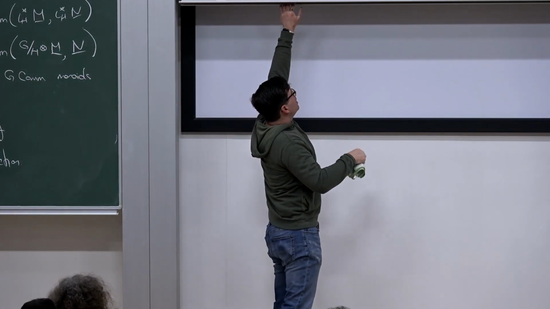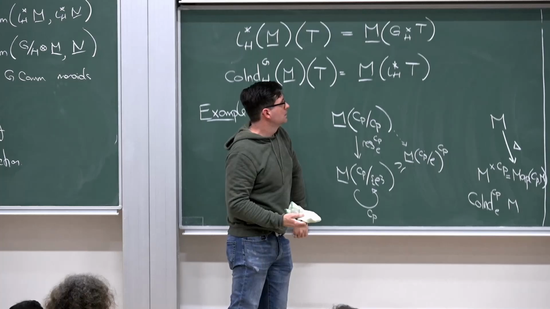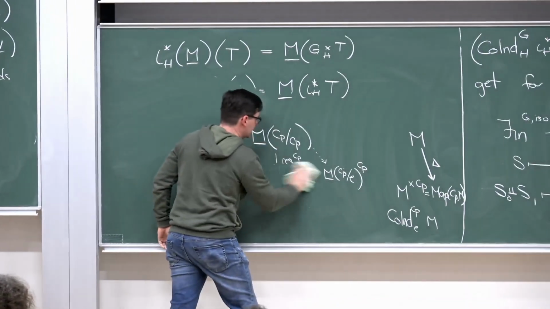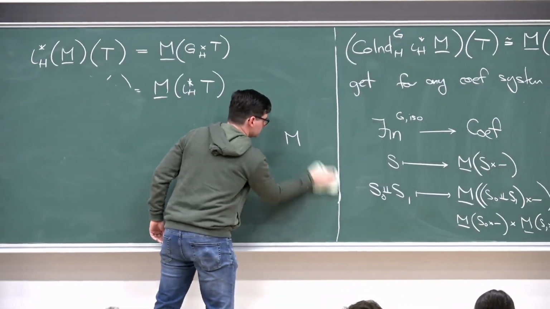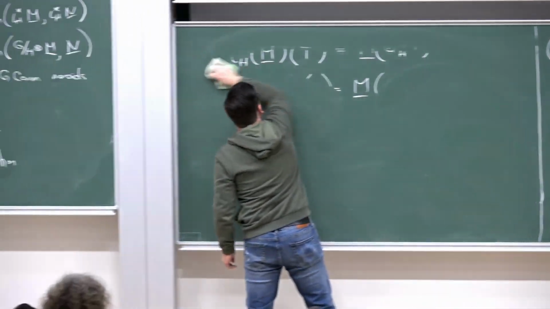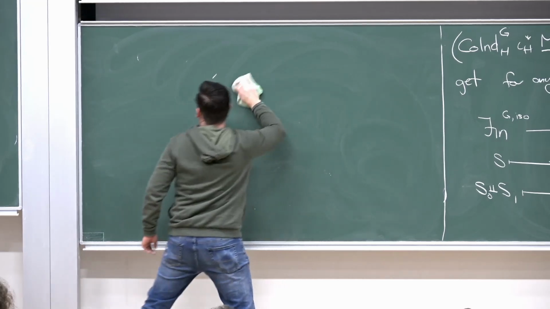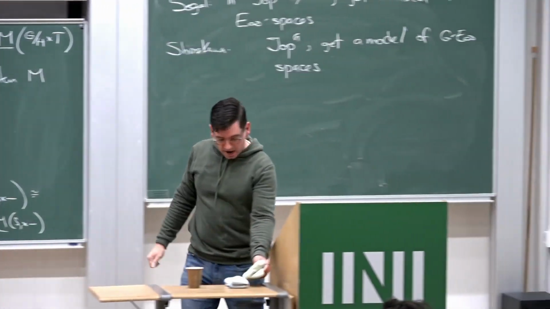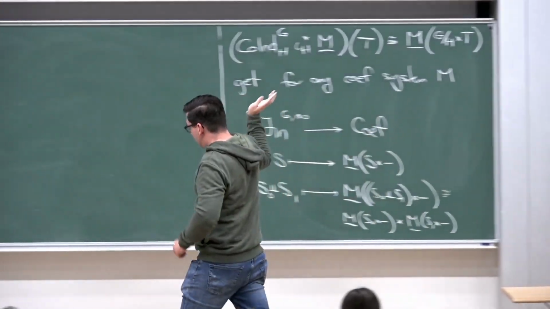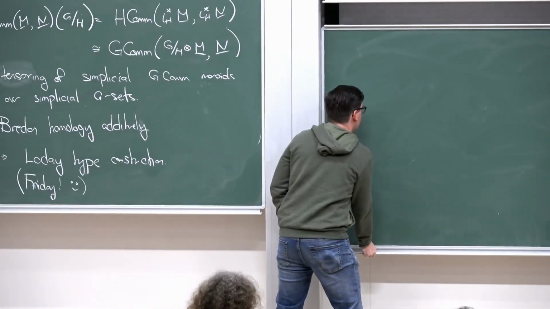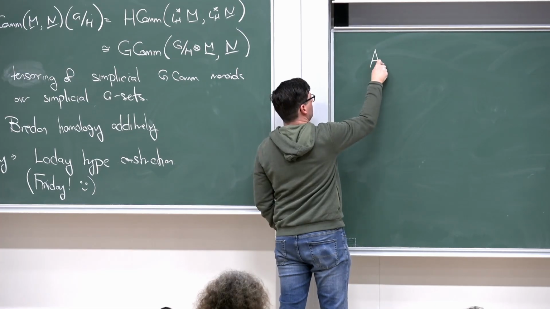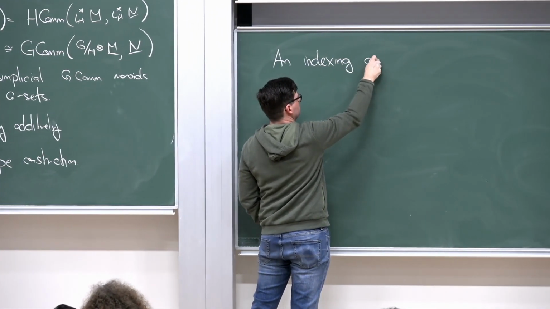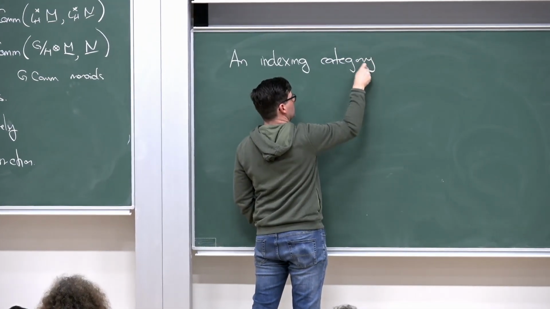So in the last minute, I want to talk about a slight generalization of this that allows me to pretty nicely interpolate between these. The slight generalization is just what I'm going to call an indexing category. So I needed compatibility with restriction. So I'm going to say that an indexing category for G